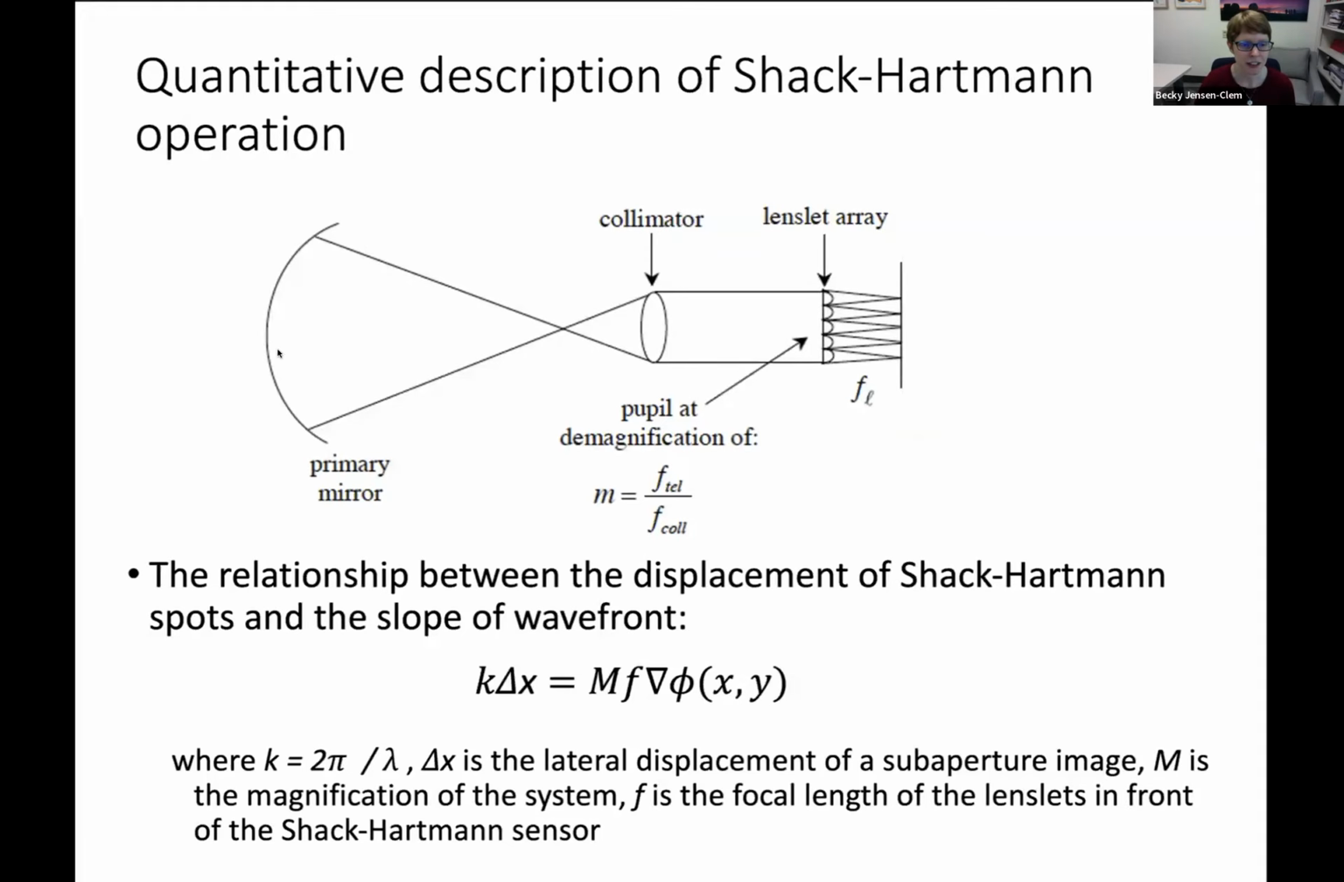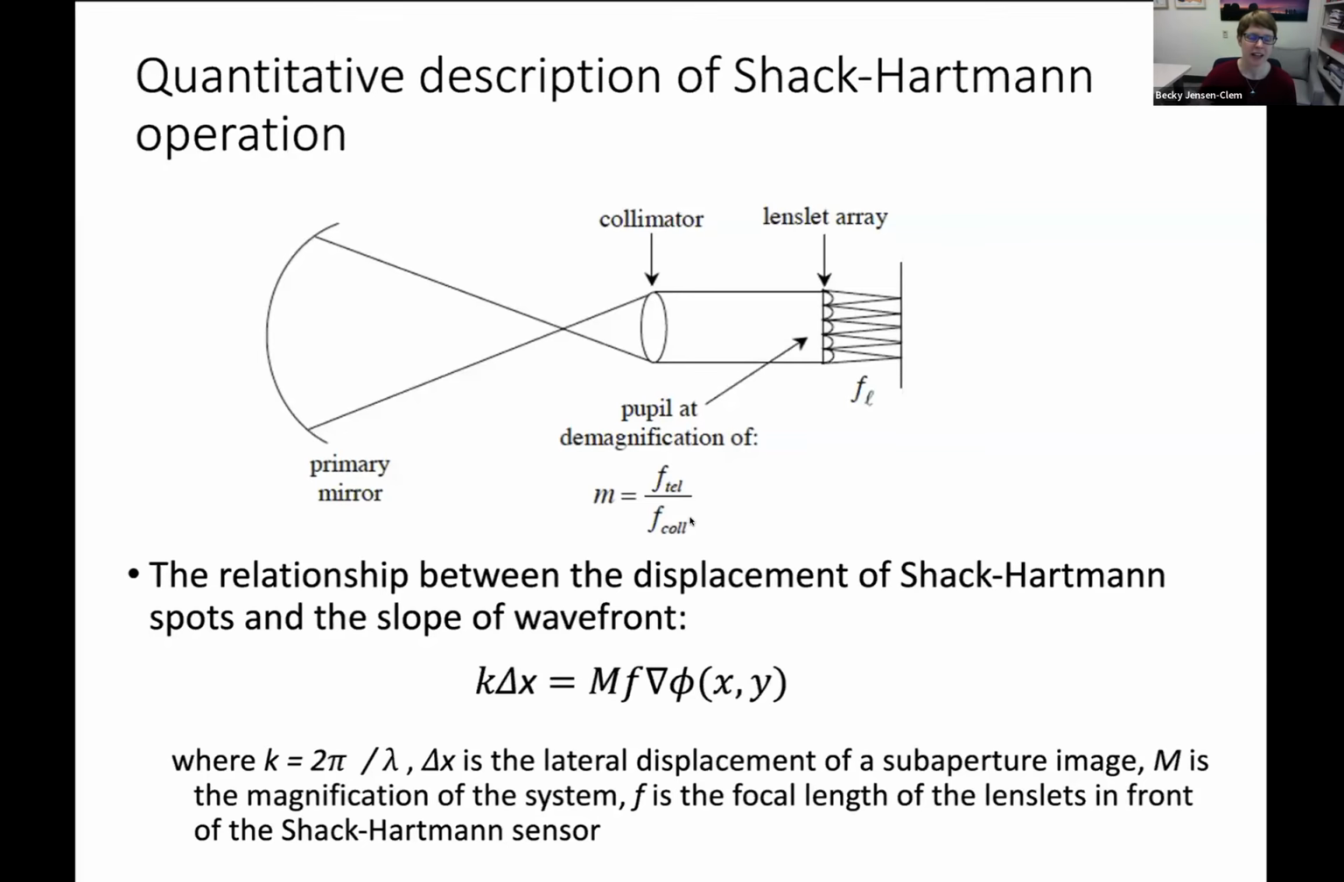So in this figure, you see the primary mirror. The light is collimated, and then we image the pupil on the lenslet array. Then we have our camera one focal length behind that lenslet array. So we can calculate our demagnification here just with the ratio of the telescope's focal length to the collimating lens